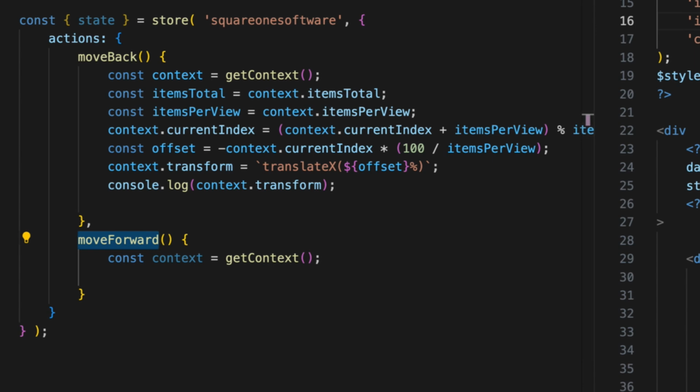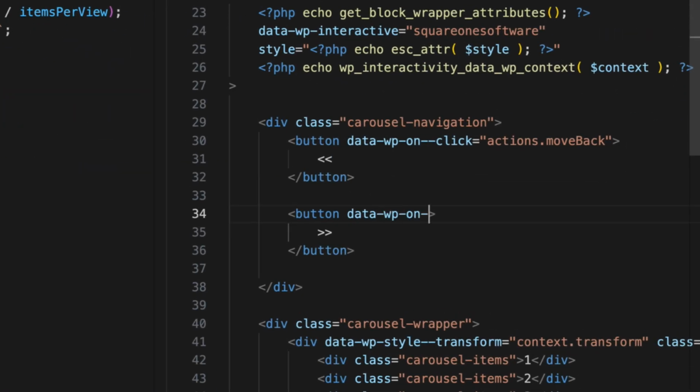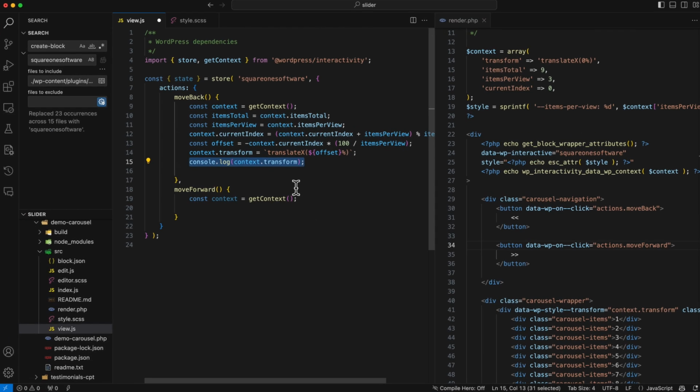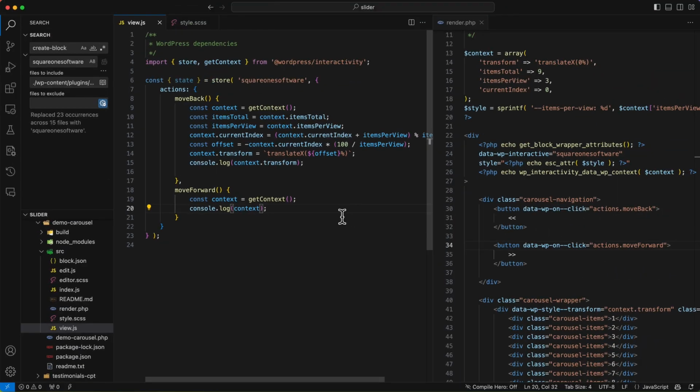So in this function, first of all, we need to get the context and set up the action also on the button in the markup. So we'll add a new directive, data-wp-on--click, and this will be equal to the new action. So it will be actions.moveForward. And to ensure everything is working as expected, we'll console log the context. Now if we save the file